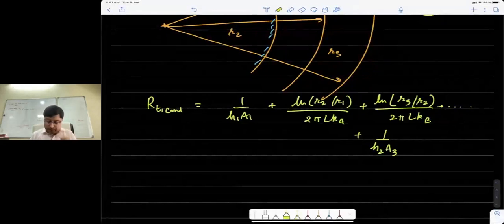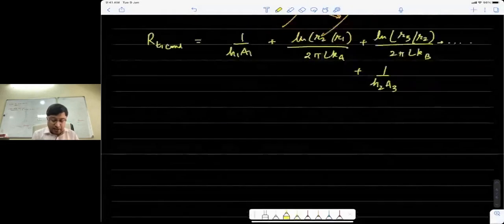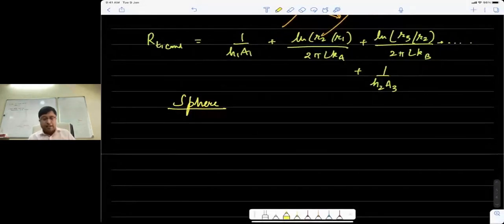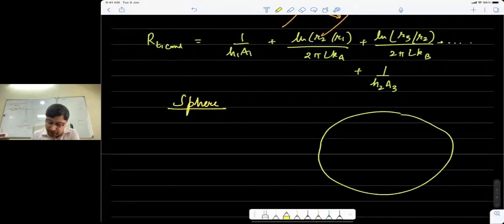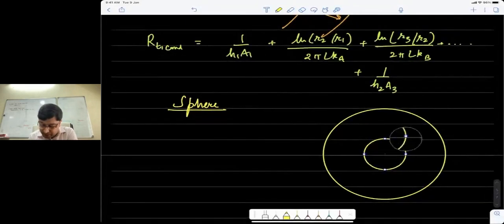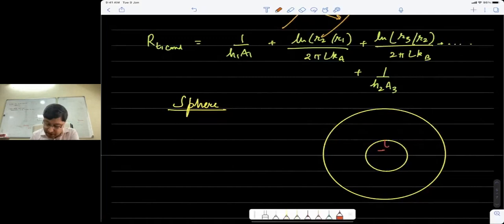Okay, so we looked at a cylinder. Let's also look at the sphere, and this I'm just going to cover very quickly within a minute. I think I've established the method fairly well, so I would request you to work it out on your own. But the problem would be something like this: you have a sphere which has a cavity. So let's say we have an inner cavity in the sphere, and the temperature inside is Ts1, and the outer surface is maintained at Ts2. It doesn't matter whether there is a fluid or something else, that would not change my analysis.